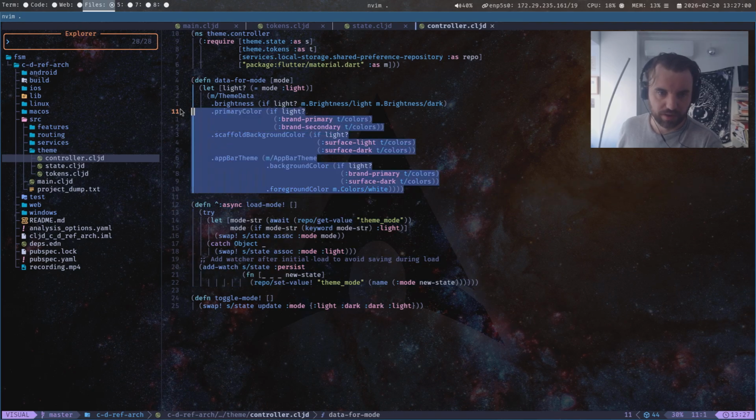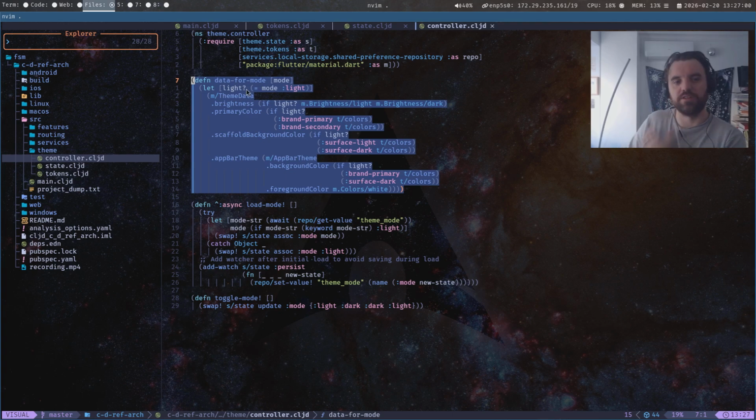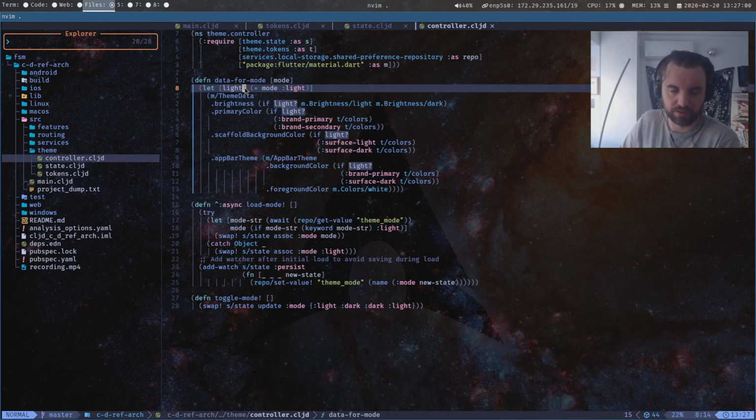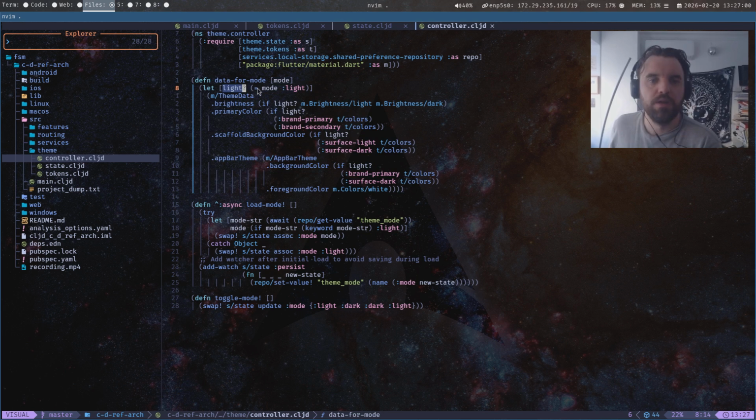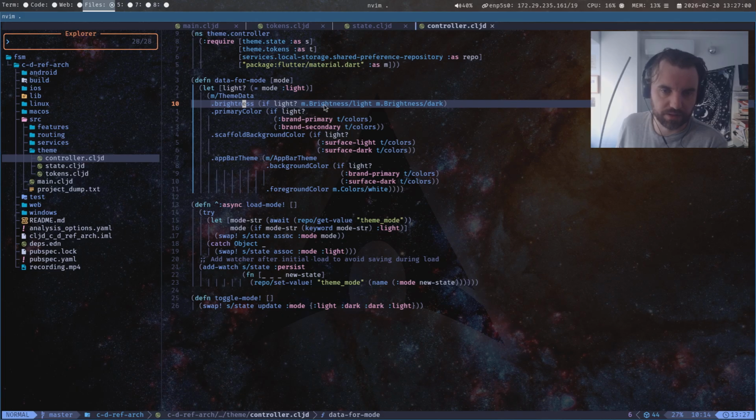So it's just like, okay, if this is light, sorry. This variable, we should put a question mark here to say that it's a boolean. This is not required by the compiler, it's just a convention. So if this mode is equal to light, then the result of that goes in here, so true or false, right? So then down here we have brightness. Okay, if this is true, then we do this one, otherwise do this one.